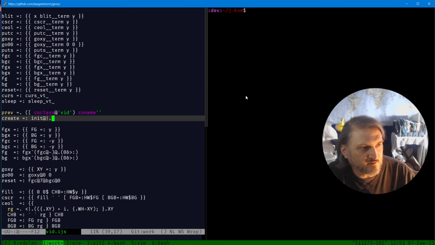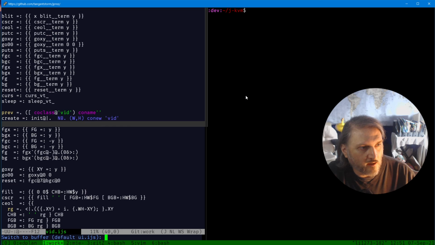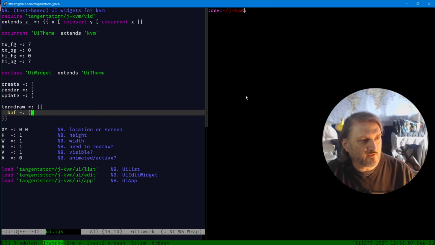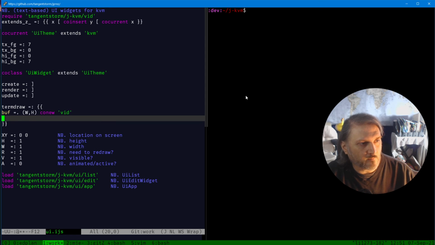Yeah, so it takes the NB width, height, conu buff vid. Okay, so width and height is literally that. Conu vid, and then